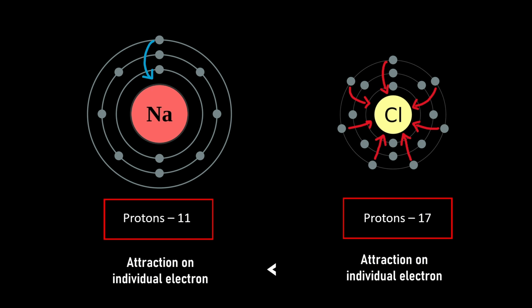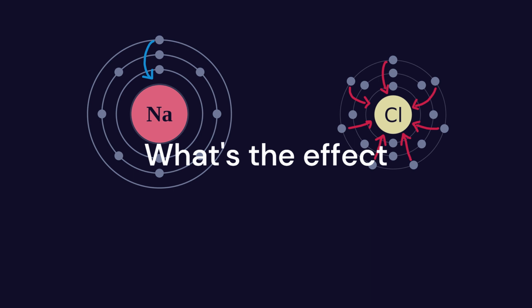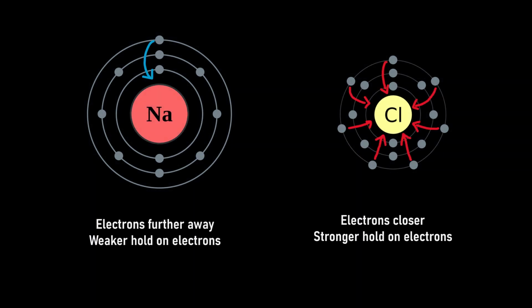And what do you see? The atoms get smaller. The individual electrons get closer, and they also make the entire shell get closer, more cramped up. Because after all, the shell is made up of individual electrons. Wow. So what's the effect of this? The electrons get closer. Now they're held more tightly.